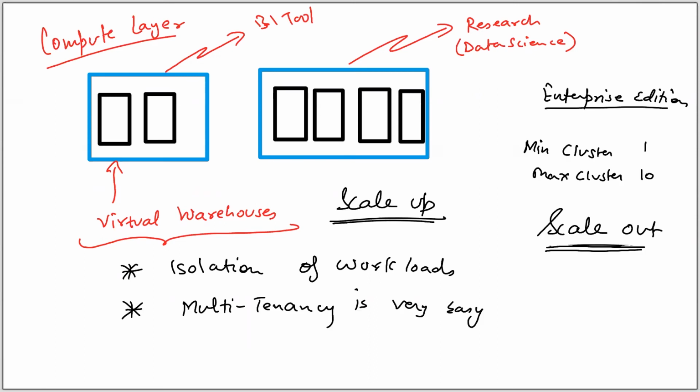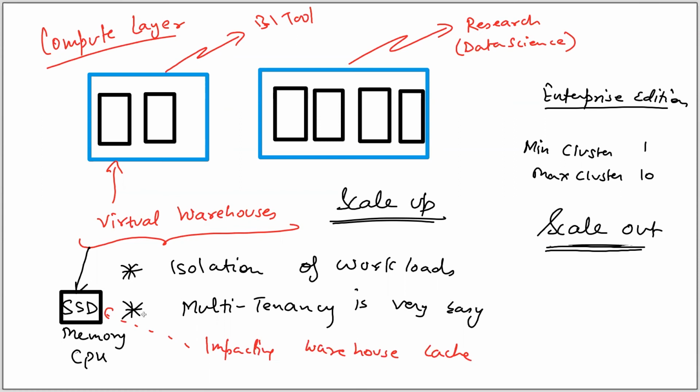So virtual warehouses, this is nothing but like AWS EC2 instances. Like you can say here, it is a combination of SSD, memory, and RAM. Sorry, this is compute. So this is warehouse, like this will store the data for warehouse cache. So if you are using this for multiple different types of queries, then you are impacting the warehouse cache. So now there are a lot of concepts, but I think like let's move to the second layer,